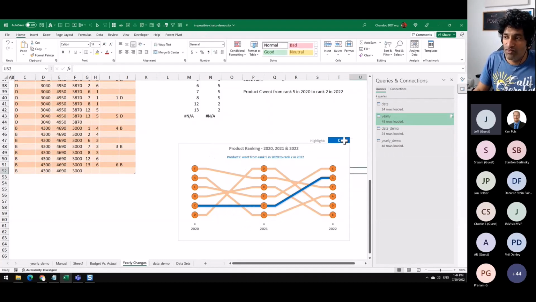I'm sure someone will always say these are not impossible charts. These are merely cumbersome charts to make. But the whole idea here is that many times we look at the data and then we think to make a chart, our alternatives are just formulas or pivot tables, or maybe VBA, but you don't have to.